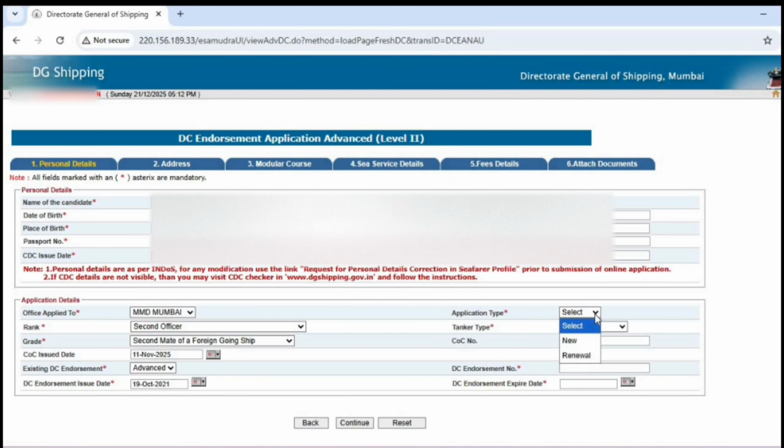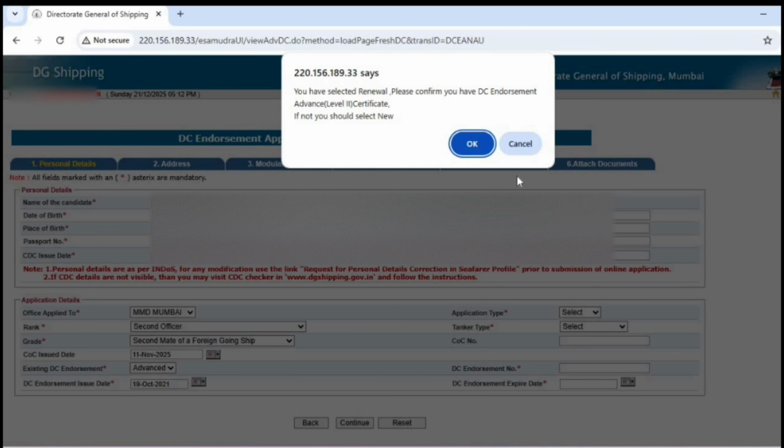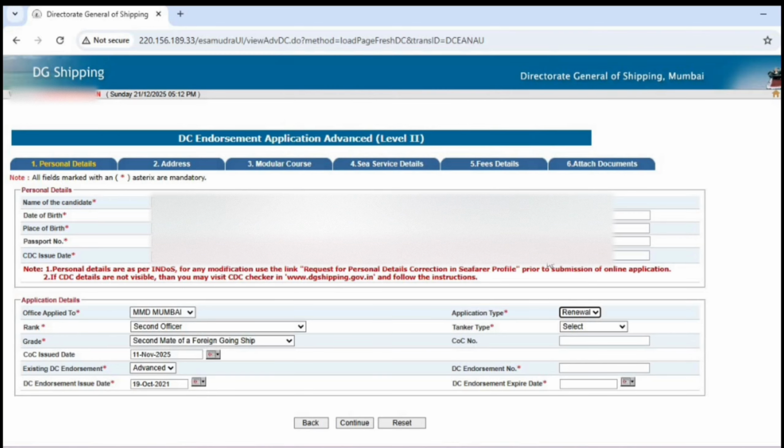For application type, you have to select new or renewal. So I will select renewal. One pop-up will come to confirm it. After that, tanker type: chemical tanker, gas tanker, or oil tanker. Now select chemical tanker, and here enter the COC number, DC endorsement number from here, and DC endorsement expiry date